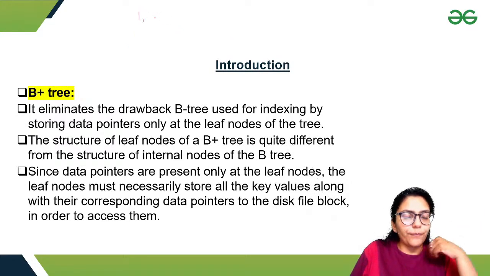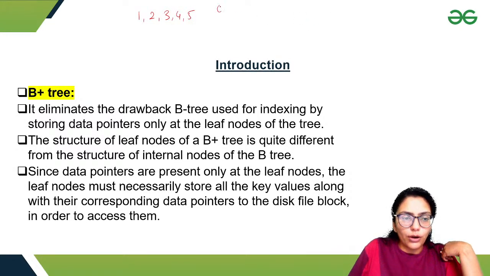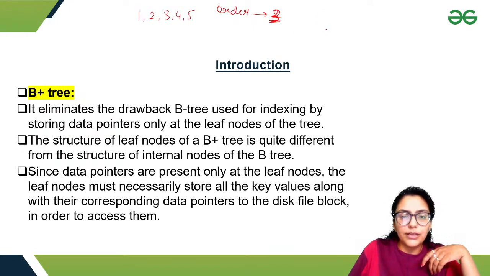Let me show you. If I am having 1, 2, 3, 4, 5 numbers and I want to insert into the B tree of order, say 2. What is order 2 over here? That means, or say order 3. Order 3 means